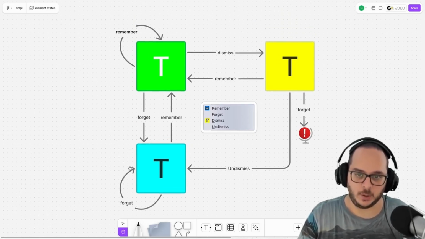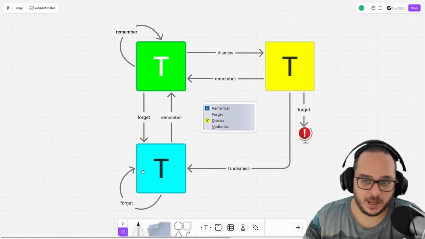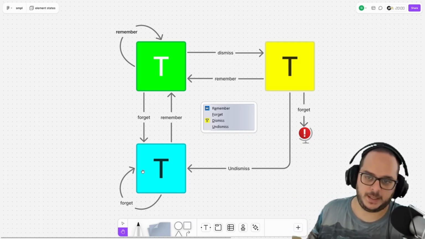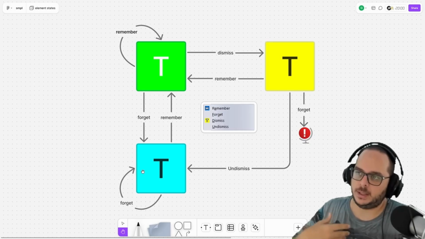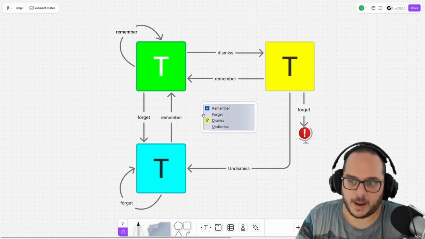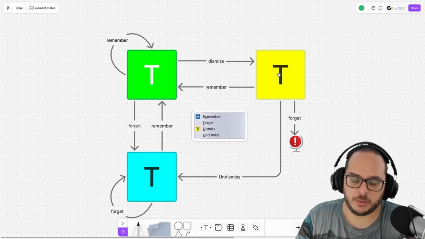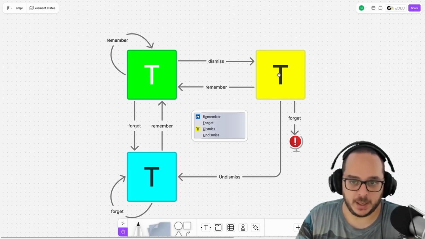SuperMemo allows you to do that. I don't know if it's even intended. It's possible, and there's some use case if you really stretch it, but it's arcane. And finally, if we have a dismissed topic, will you say that, hey, if we do undismiss, it's the